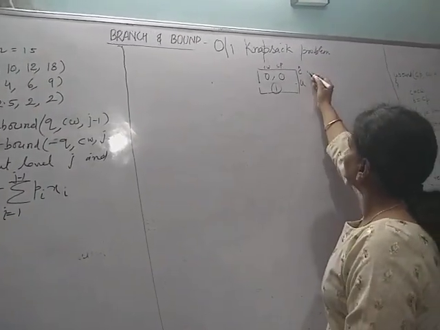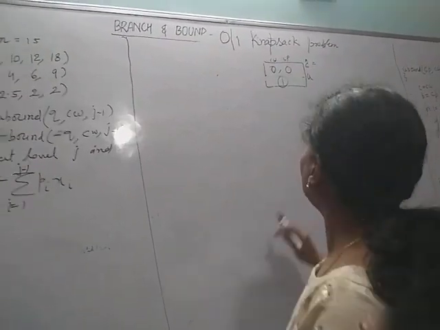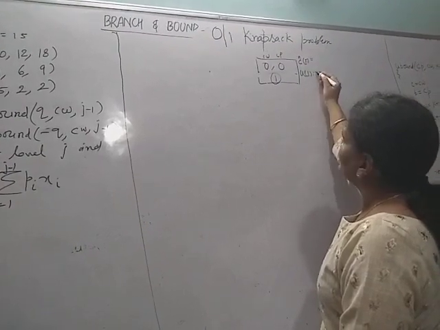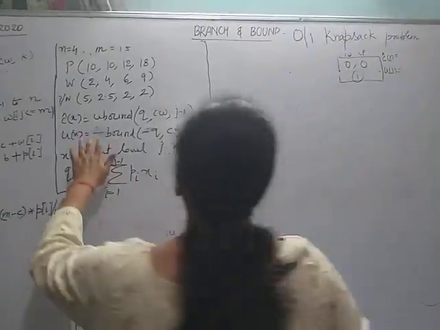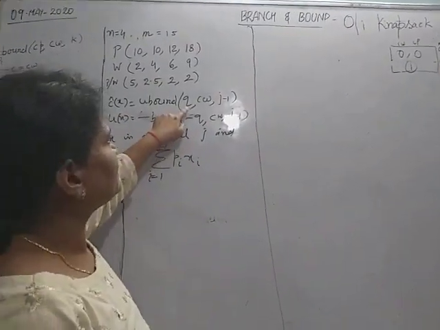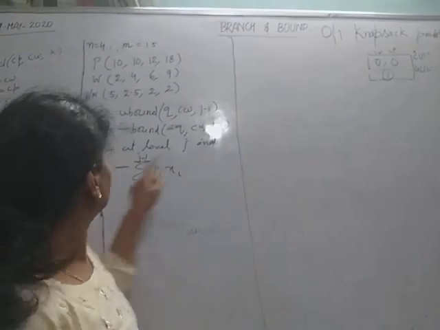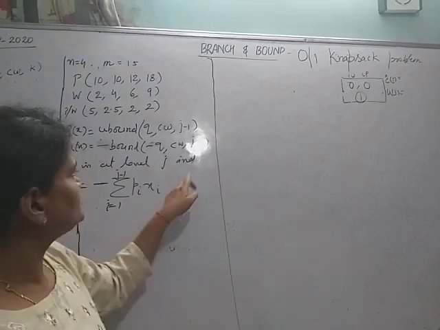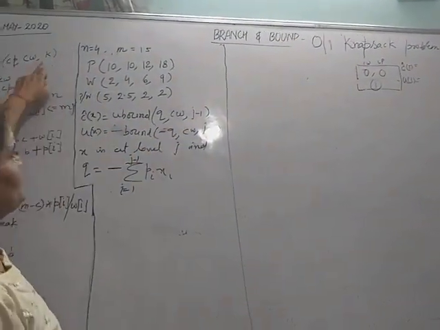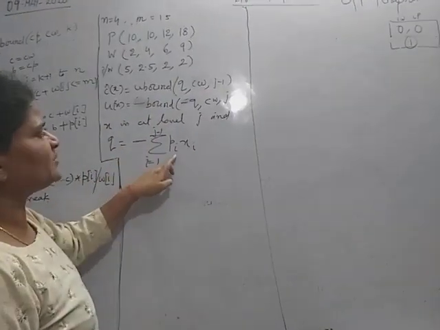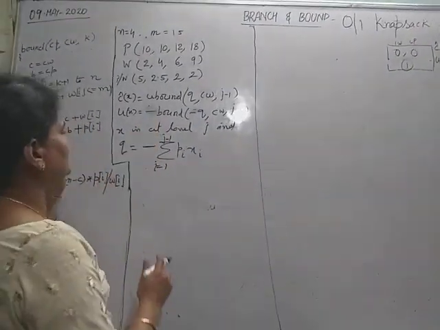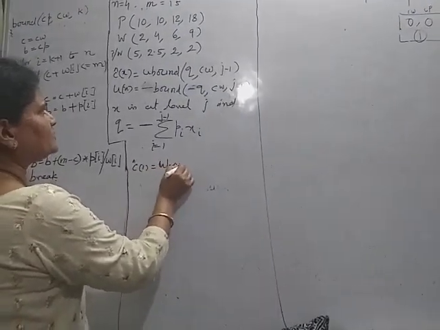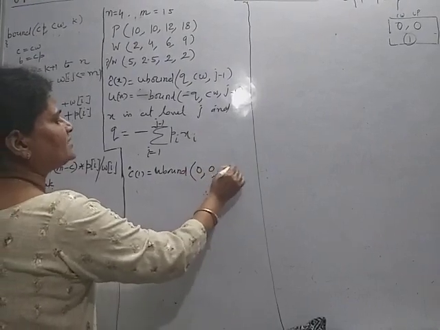So the upper one is C cap and the lower one is u. Here C equal to Cx. Here I am writing C1 and U1. Okay? So I am computing the Cx for the first node. The x is at level j, so here node 1 is at level 1. So I will call this function with 0. Okay. So q is minus pi xi, so this is also 0. So the first time C cap 1 will be called with u bound 0, 0 and 0.